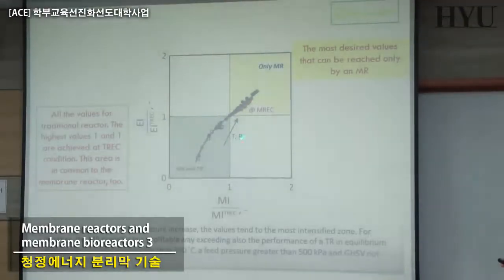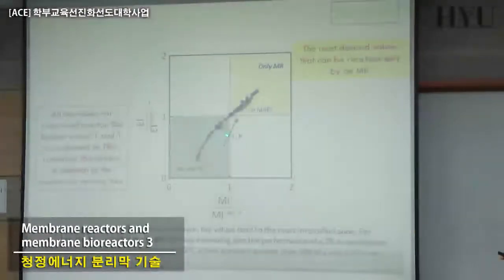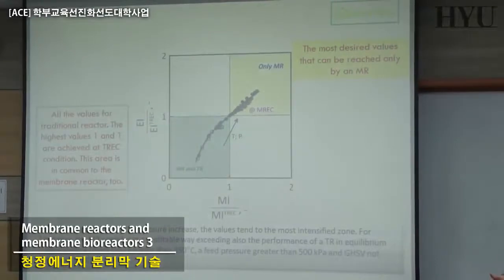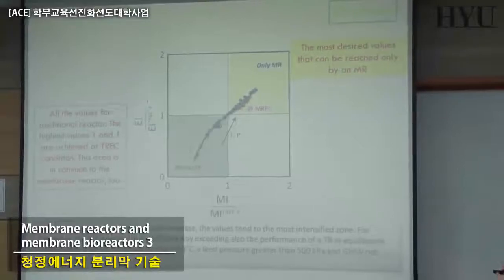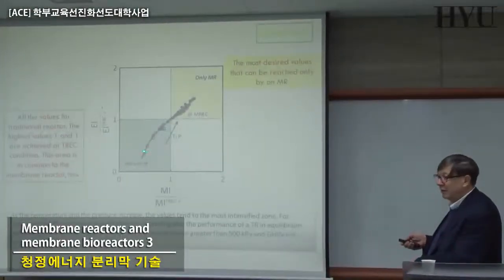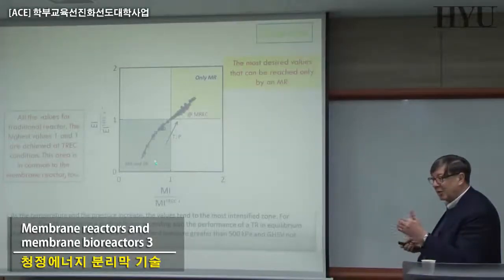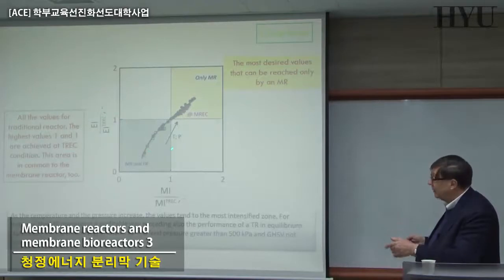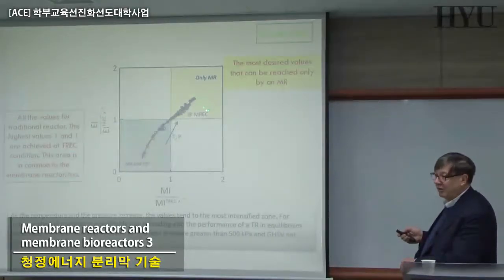There are some areas in which the system is competing, but there are areas in which there is no competition at all. That is important because there are situations in which you don't have to change your reactors. If your output in terms of mass intensity or energy intensity is supposed to be in this area for different reasons, you don't expect more, it's not necessary that you change your reactors. But if, as expected in most cases, you want to have better results